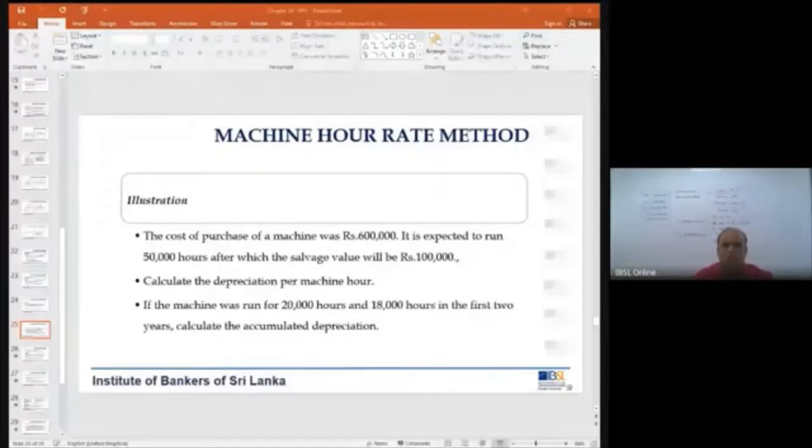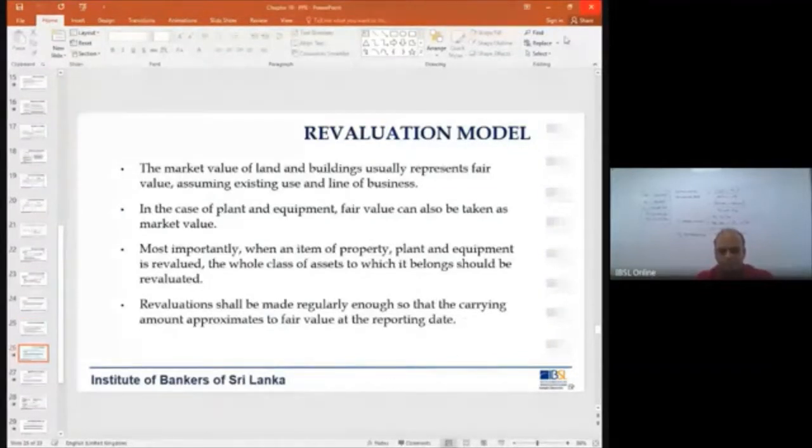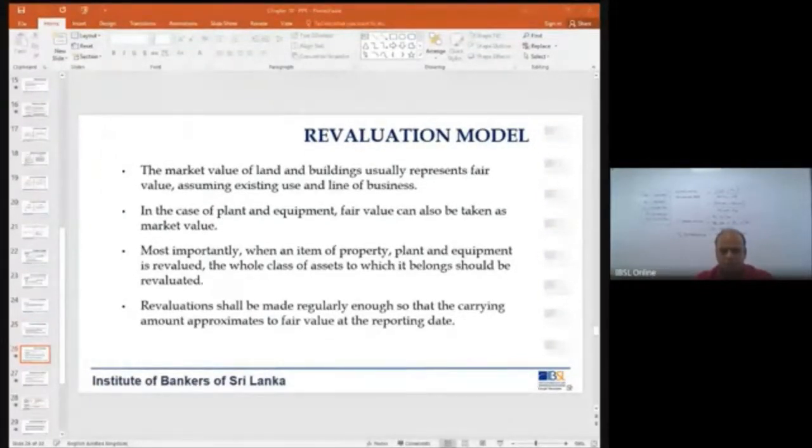So now let's go on with the lesson and we'll have to finish it off somehow. The revaluation model. So when it comes to the valuation of assets, I told you, you can use the cost model or the revaluation model. Okay. So cost model means you continue the assets at the value of cost. You can continue to have the cost value as your asset value. But if you decide to revalue, then you have to use the revaluation model.